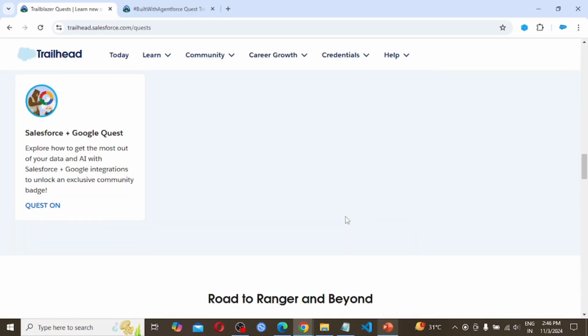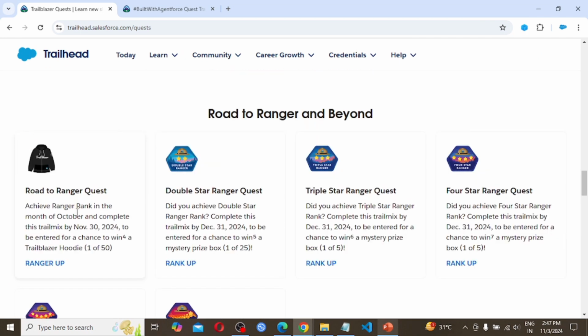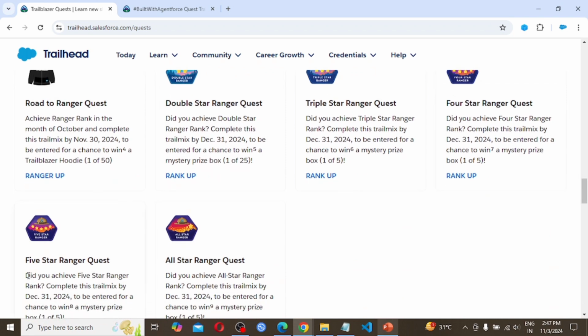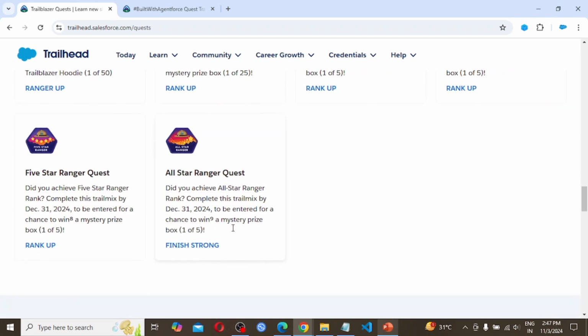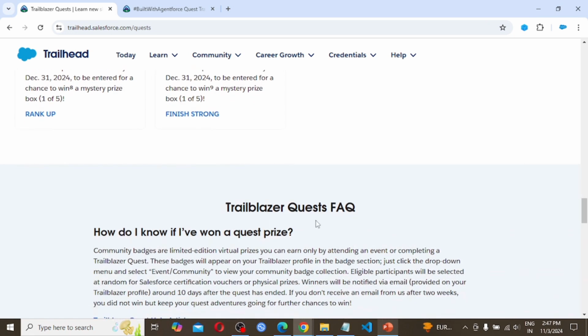If I scroll down, there is Road to Ranger and Beyond. Here are the Road to Ranger quest, Double Star Ranger quest, Triple Star Ranger quest, 4-Star Ranger quest, 5-Star Ranger quest, and All-Star Ranger quest. Then Trailblazer Quest Frequently Asked Questions.